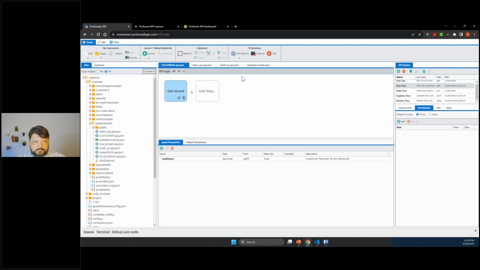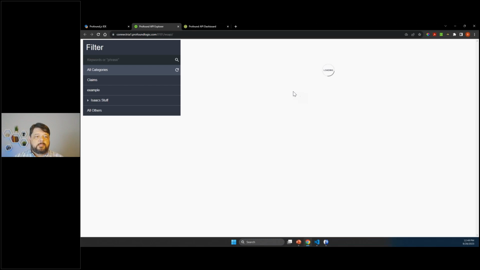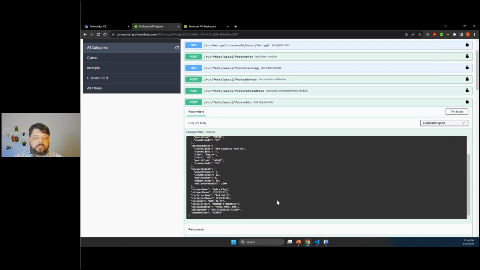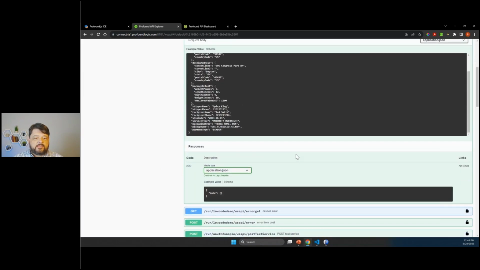But also, I mentioned that the product's built on top of OpenAPI. I mentioned that it builds those Swagger docs for us so that we can share our APIs and easily be consumed by others. It also builds the API Explorer here. So this is your opportunity to come through and be able to look at the definition of any of the APIs that you have available.